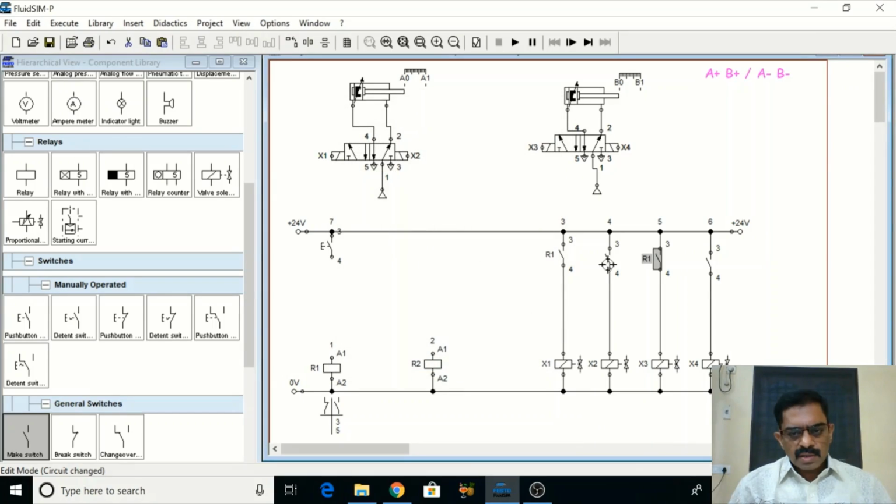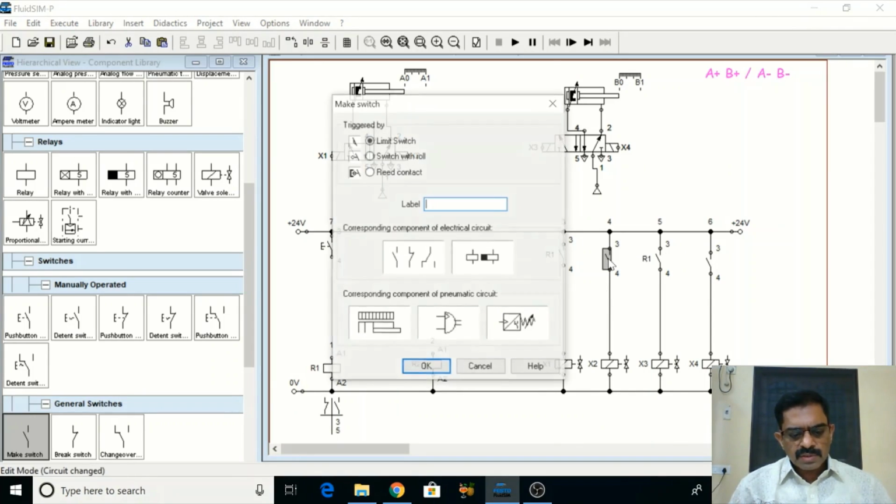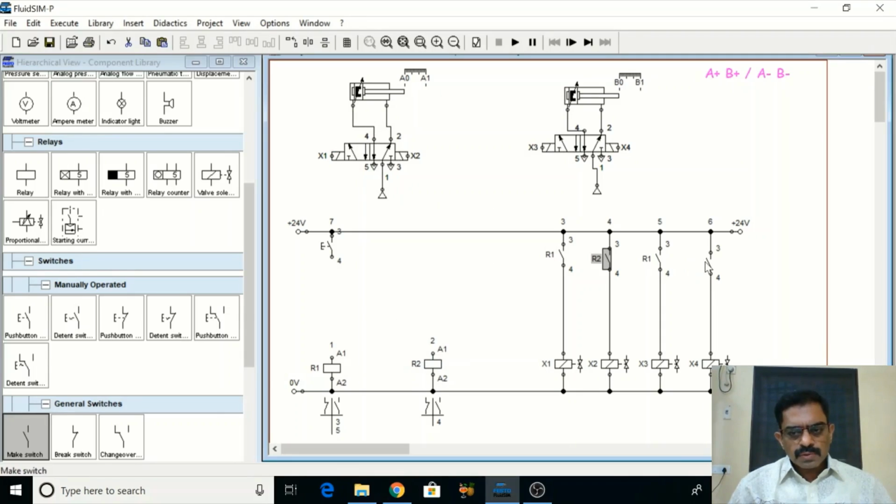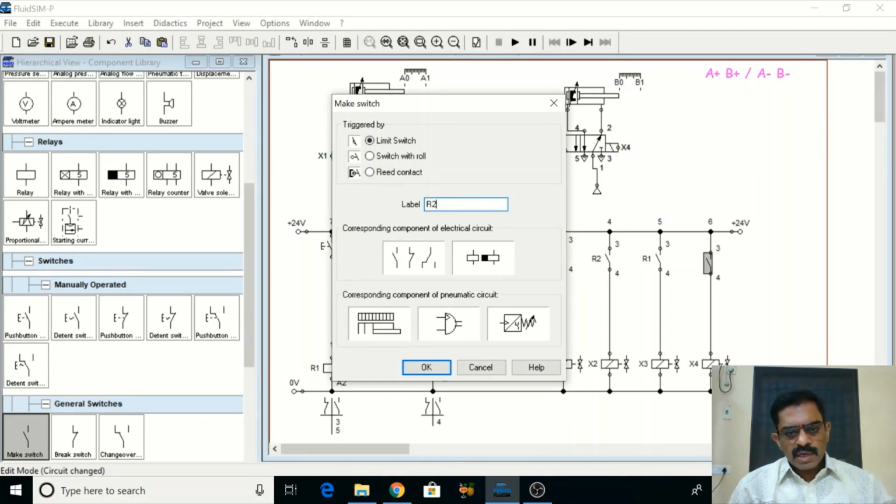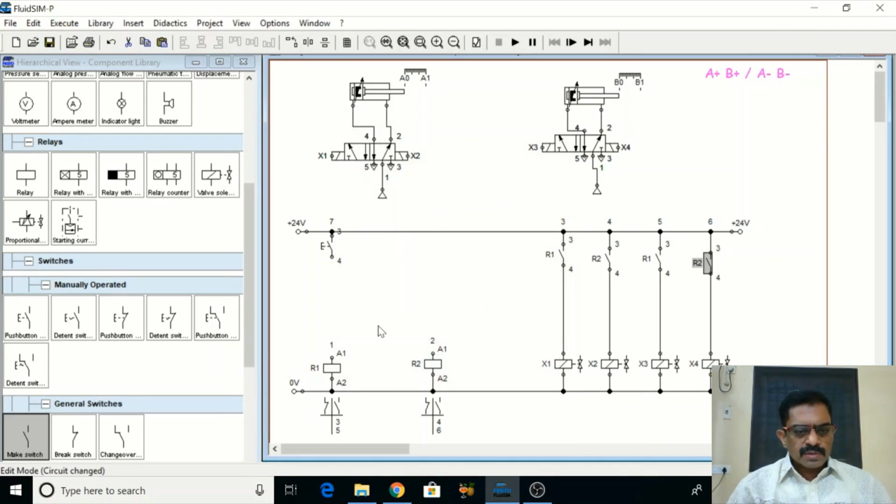and now R2 will actuate A minus and B minus. So A minus is my x2. So this is my R2. So I have connected all my relays. So here I have to choose a button that should actuate my circuit.